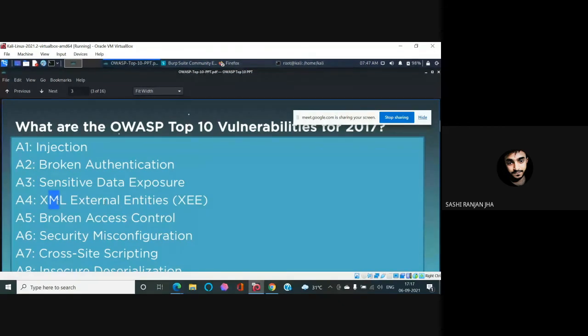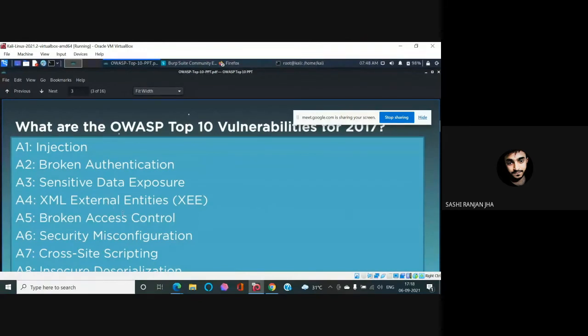And then XML external entity. XML is a language that is used in order to transfer data, like the JSON format and other formats. XML is also a language. And because of it, if there are external entities, a hacker can design their own entities.